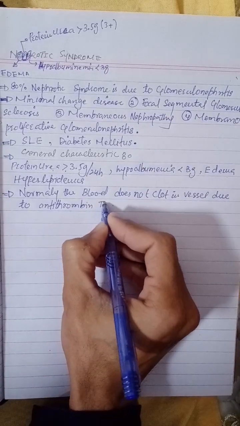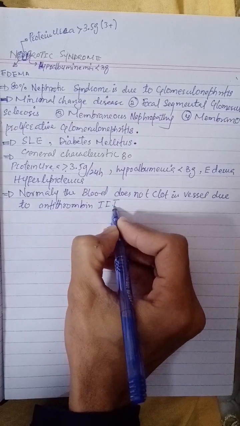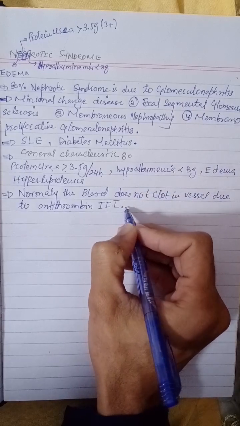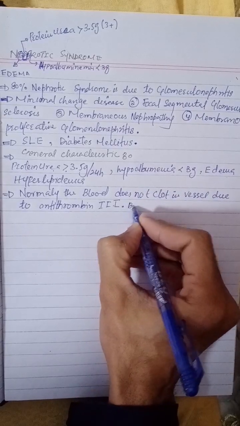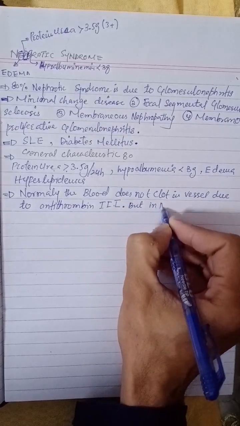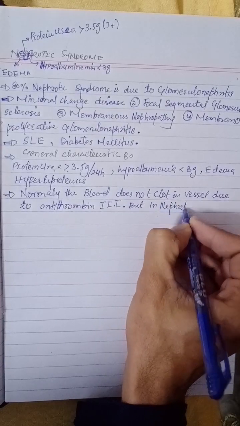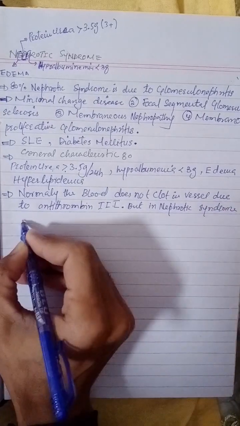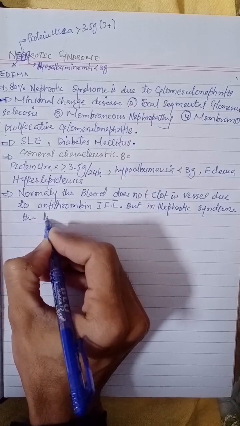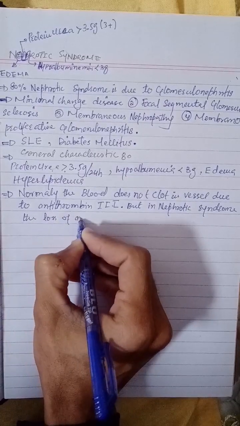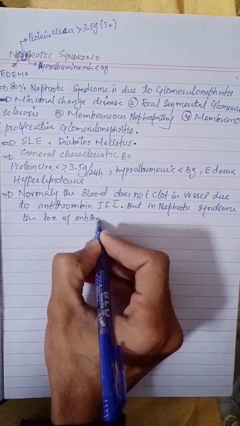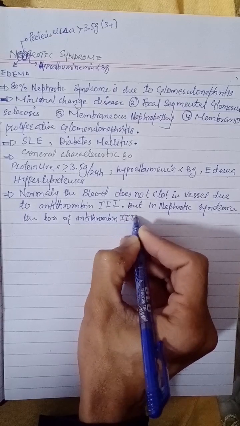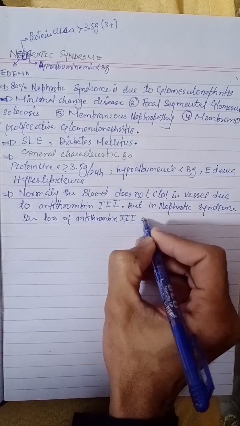Due to what? Due to antithrombin 3. But in nephrotic syndrome, loss of antithrombin occurs,